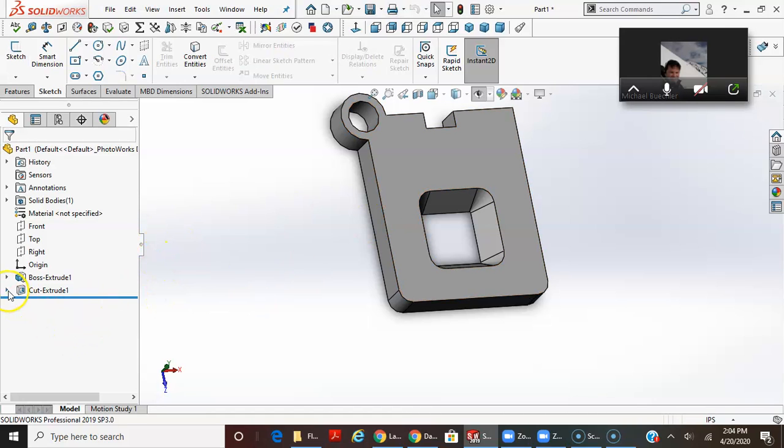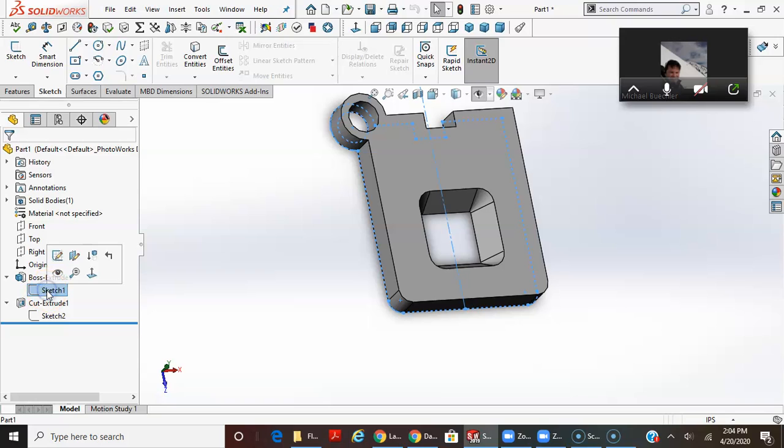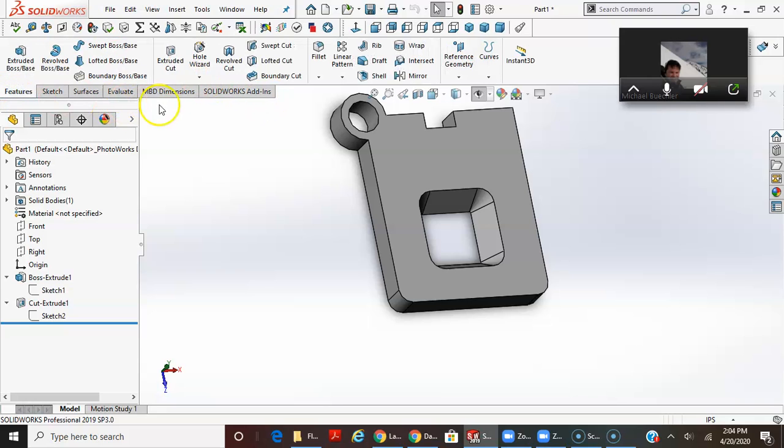So back to where I was. I've got my base sketch. I've got my cutout sketch. And let's use the Hole Wizard on these. You could actually do these in a sketch, but you'd have to do multiple sketches, and it seems a little more work. I'm going to go to Features, Hole Wizard,